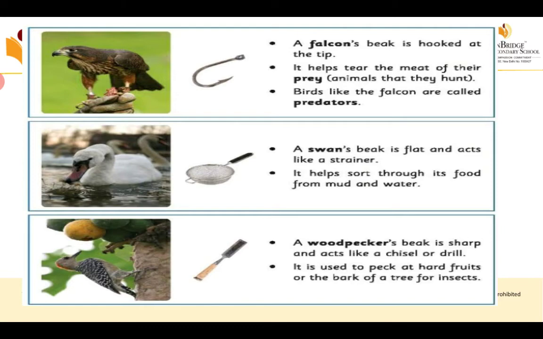Every bird has its own shaped beak. So how the beak is and in what way it is helping. The beak can help the birds to collect materials to build their nest and carry food to feed their young ones. Young ones means the small birds. So that beak helps the birds to build their nest and also helps the birds to give food to their babies.